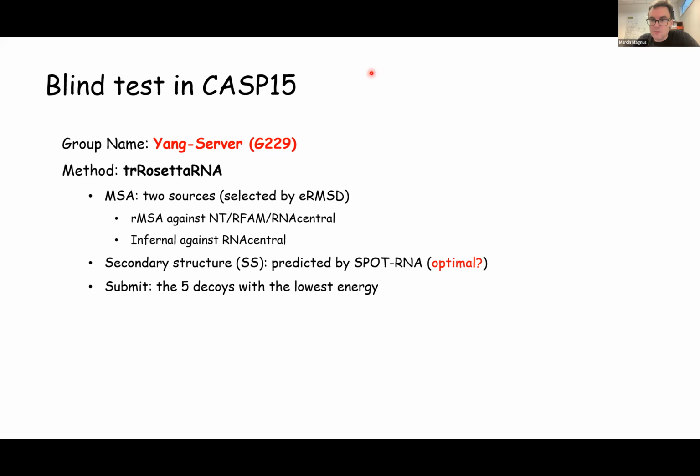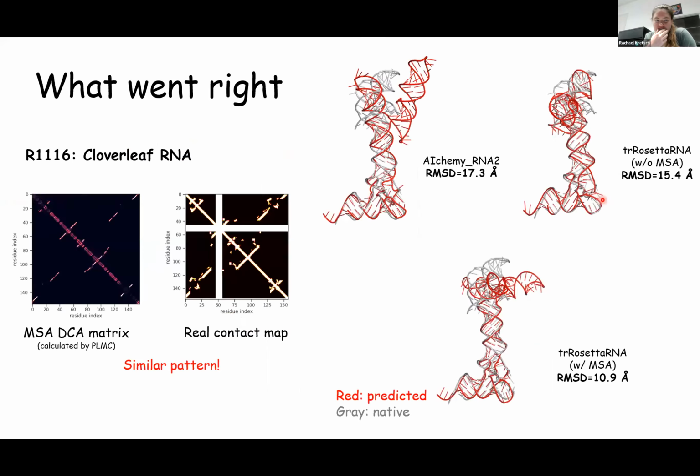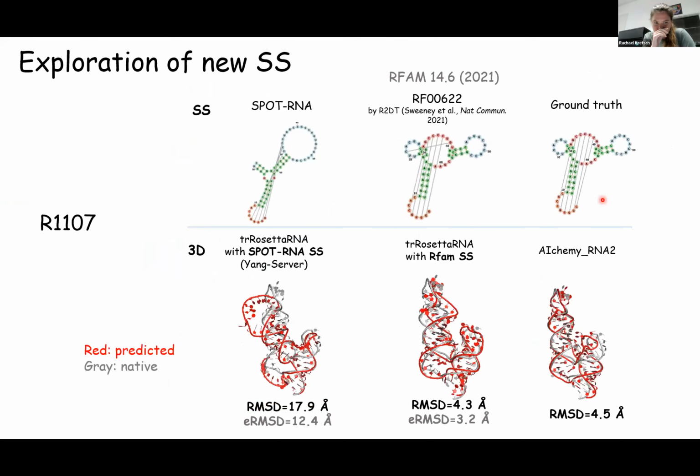Okay, Rachel, do you want to read your question? Sure. I had a question about natural RNAs, between R1107 and R1108. These are highly sequence similar. They only differ by just one mutation. But your initial models were very distinct, while all were corrected by the time you used the Rfam secondary structure. I was wondering if this was solely due to SPOT-RNA predicting the secondary structures very differently, or did your network also treat these single mutants differently?